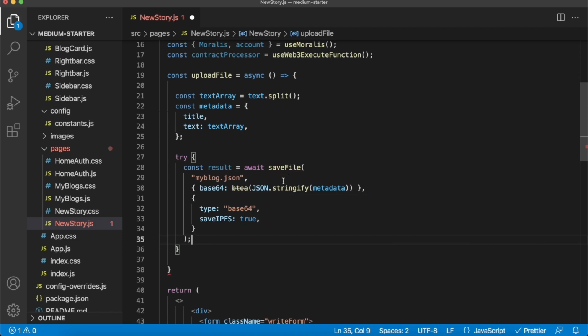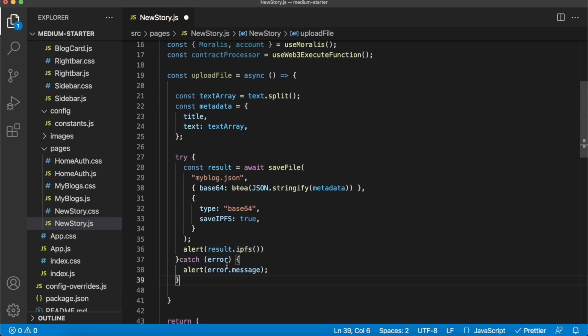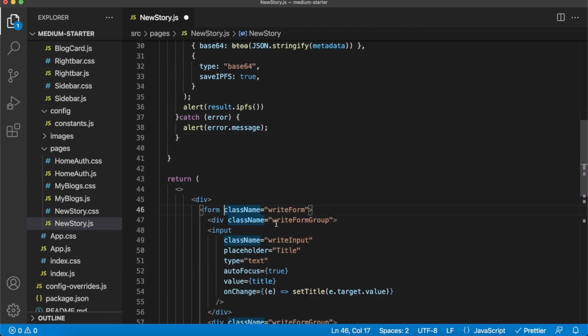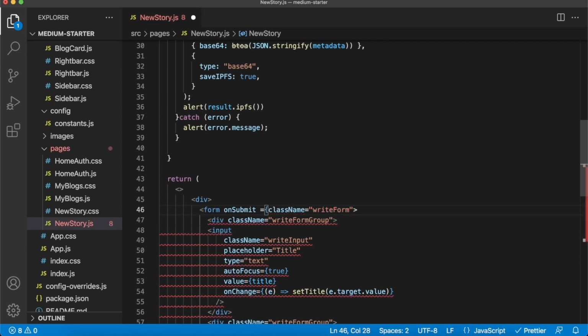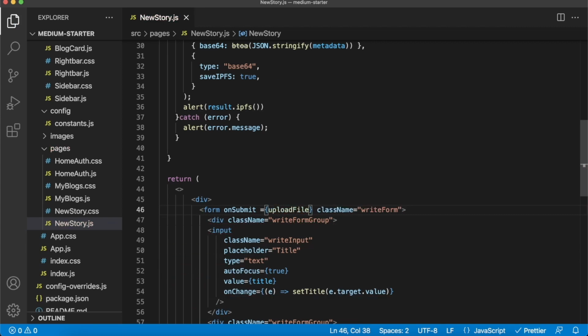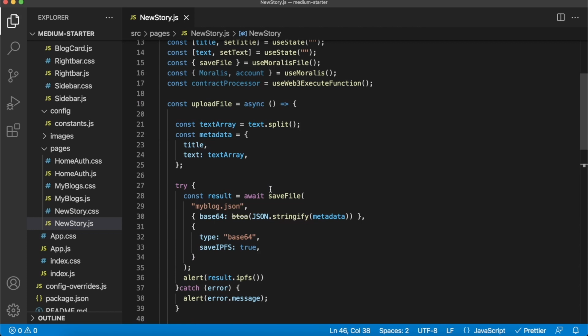Now, after our file save has completed, we can alert our result.ipfs, which will give us the address to the file that we have just saved onto IPFS. And if it doesn't work, we can catch over here and alert what the error message was. And now with this setup, the only thing we have to do is, on submit of our form, run this upload file function. So over here on submit, we can run upload file like so, save that, and now everything should be fine,